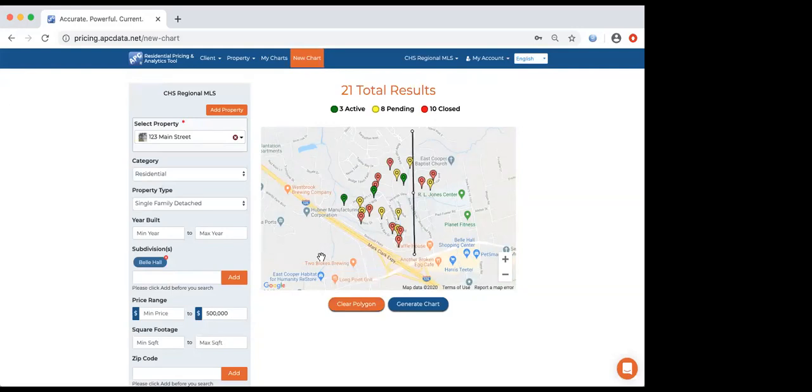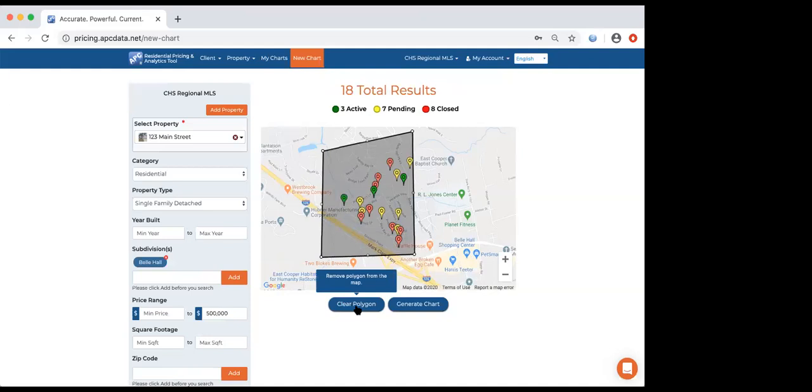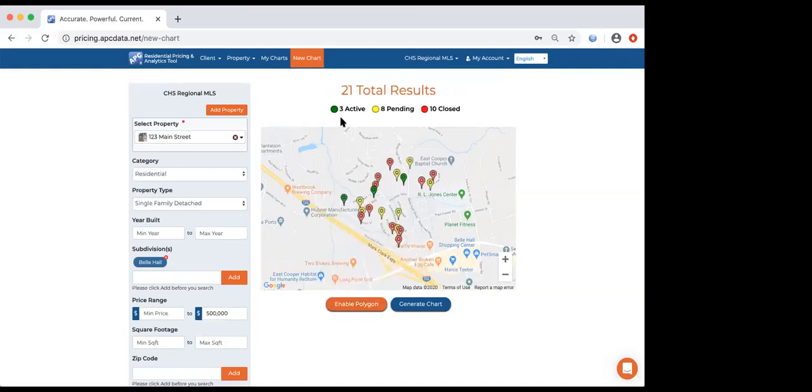So if we want to just do this area here, now within this box we have the 3 active, 7 pending, and 8 closed. And this should be similar to a map tool that's available to you within your MLS. If we clear the polygon, it'll reset to our original search criteria. So if we're happy with this result, 3 active, 8 pending, and 10 closed, what the agent does is they